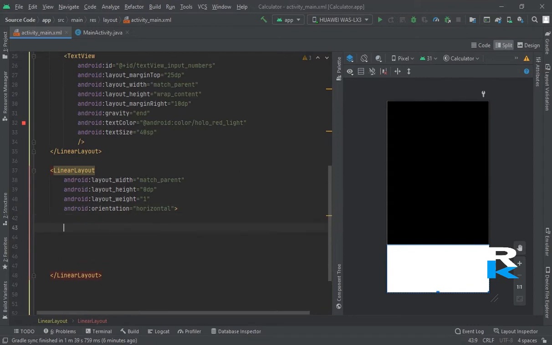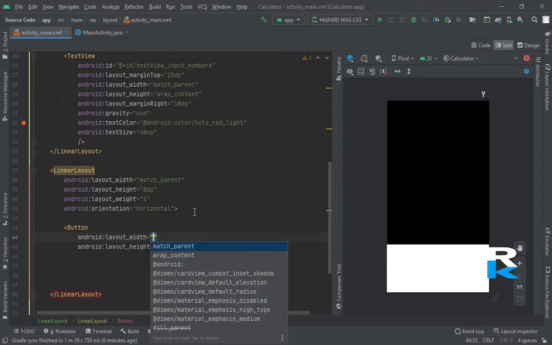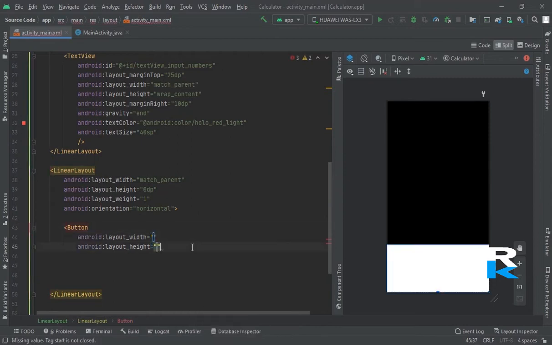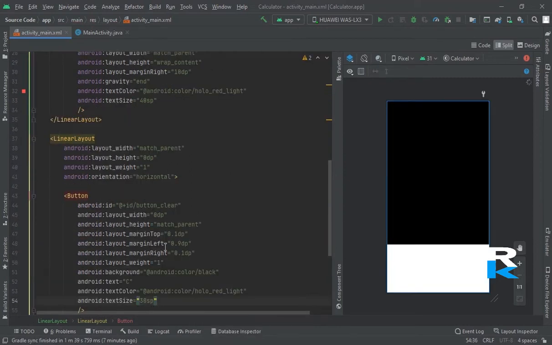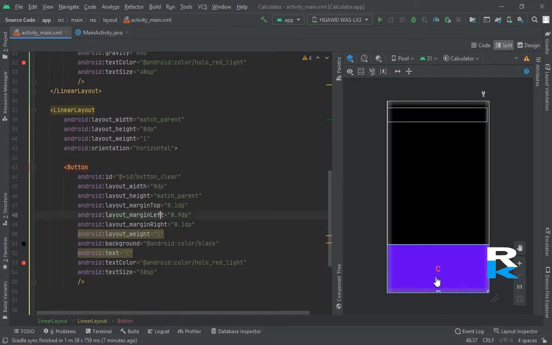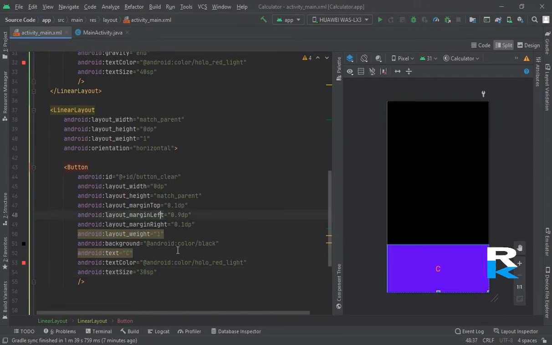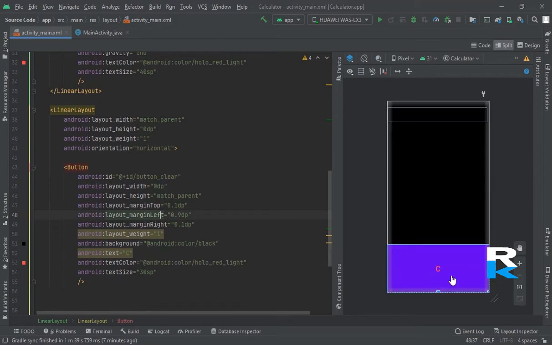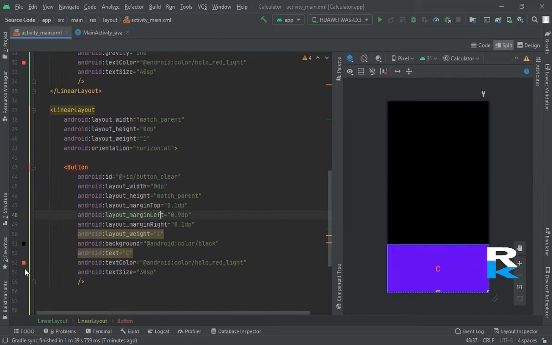Now here I would create one button for the clear button. Fine. Now close this. Look here, I have created a button for clear. And at the last I would change this background color to the same as I showed in the first